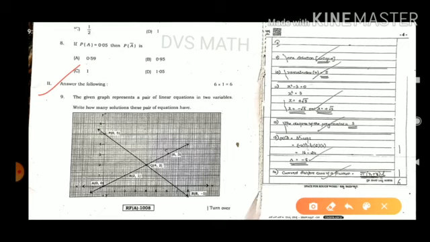Here they are intersecting at one point, this point, so unique. You can write this point also. How many solutions? Unique solution or one solution you have to write. You can mark that point also where they are intersecting, 4, 2. Otherwise you can write only one solution. See here also the presentation of answers: one solution, in bracket you can write unique.